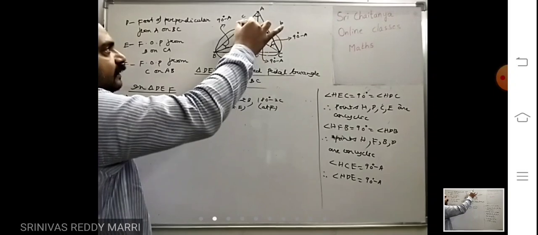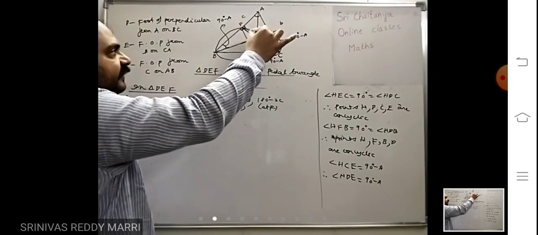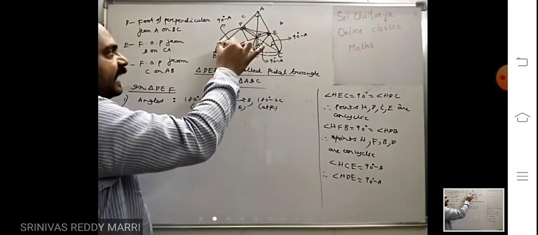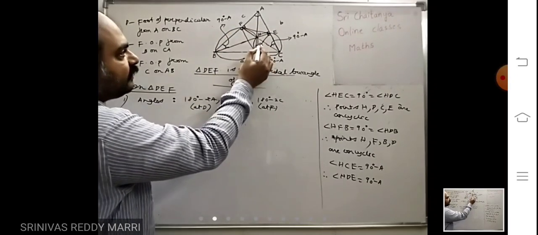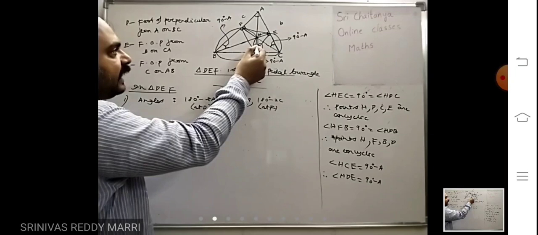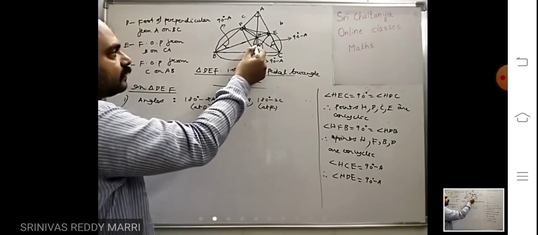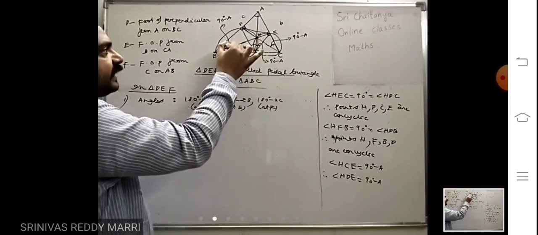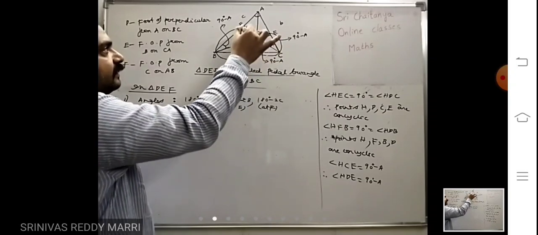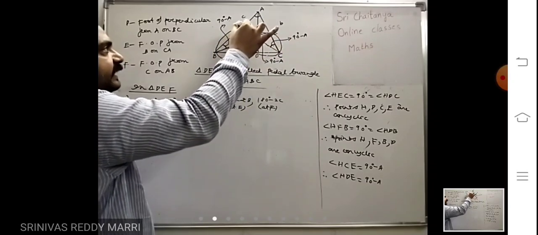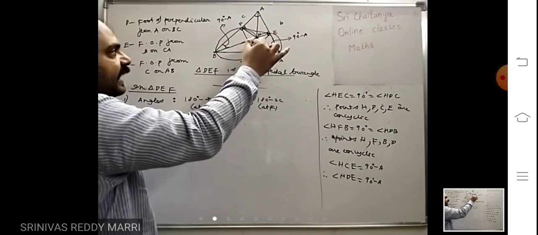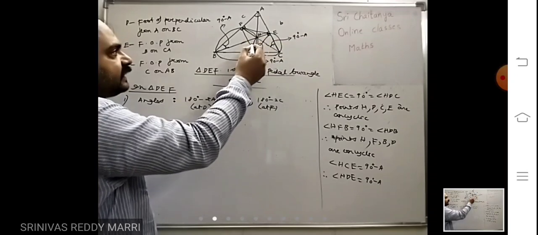Now look at this circle. This is the chord FH, so this subtends an angle on the major segment. As this angle is B, now I am asking about this angle. I am marking here this angle. These are also angles in the same segment, on the chord FH. This angle is 90 minus A, since it is an angle in the same segment.